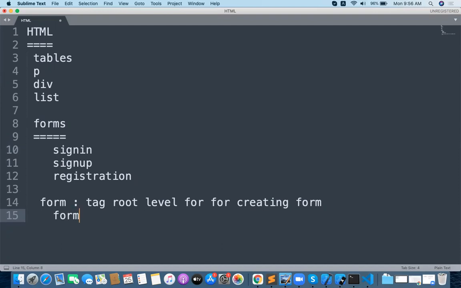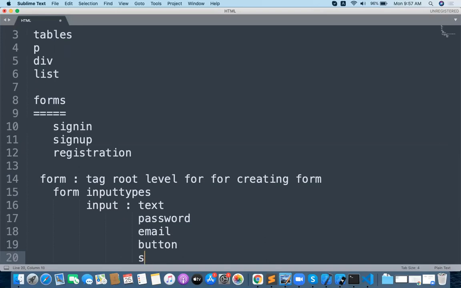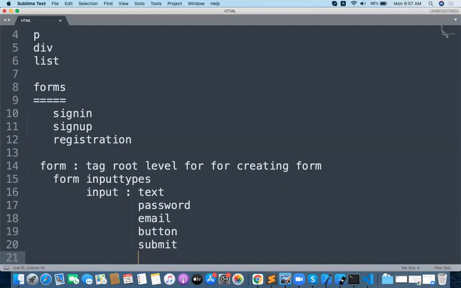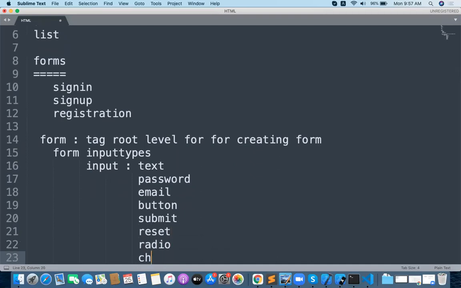Form input types. A lot of form input types are going to be available. Input type text is one type of input, password is one type, email is one type, button is one type, submit is one type, reset is one type, radio is one type, checkbox is one type.